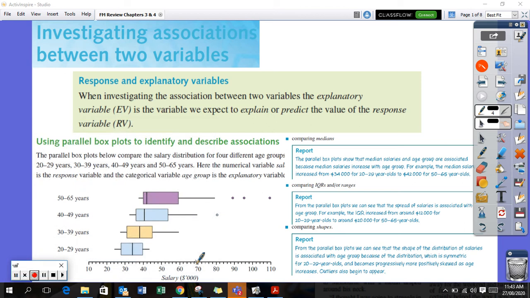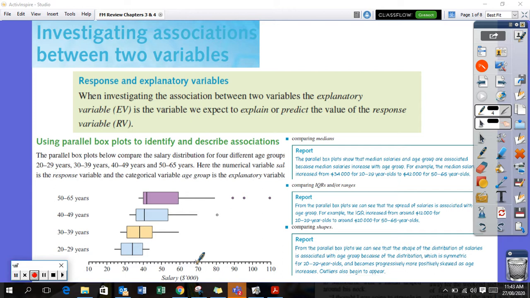So today we're looking at chapters 3 and 4 in review. In chapters 3 and 4, we start to look at regression analysis. We're looking at association between two variables essentially, how their relationship can be explained. Right at the start of chapter 3, we're looking at